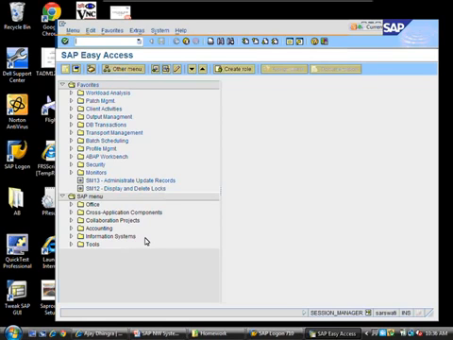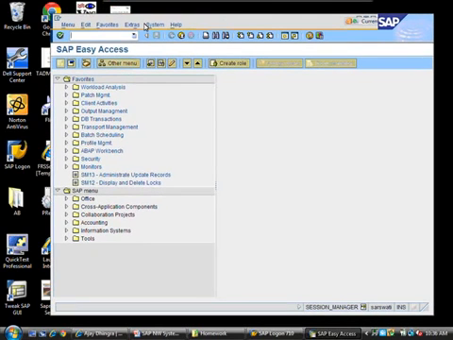So this is the main screen of an SAP system. In this case, this is a solution manager system, right? There potentially, I can do a transaction like /n SM04, which will tell me everyone who's logged in, right?